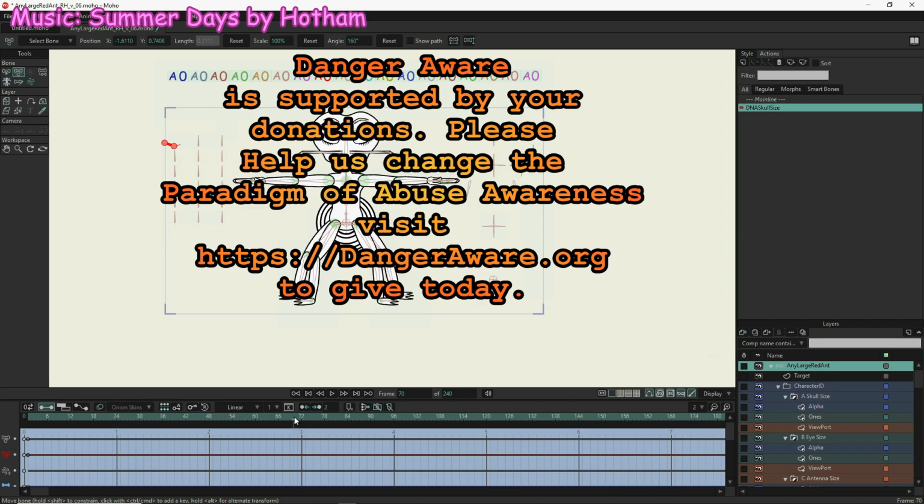So at 70, we're at the maximum number for the left-hand side. 71 would be 0, and then from 72 onward would be from 1 to 70, and that ends up at 141. So at 141, we want to rotate this bone all the way to the right,